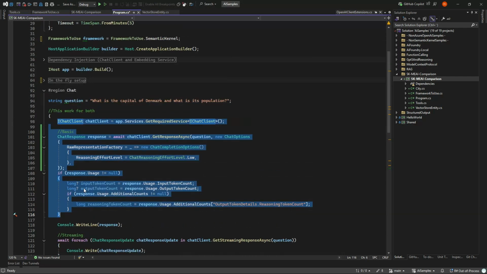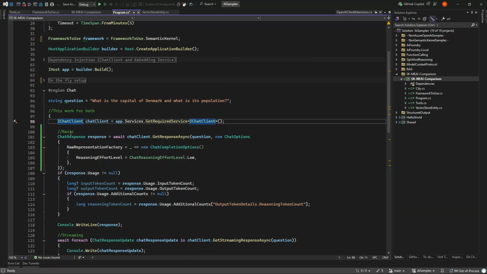Later on, we'll see how you can do it with the flavor that Semantic Kernel has. But in this case, we just get the IChatClient. And if you want to have a basic response, we just say GetResponseAsync. If you want to use reasoning in the new ChatGPT 5 models, it is a little clunky to do with Extensions AI.